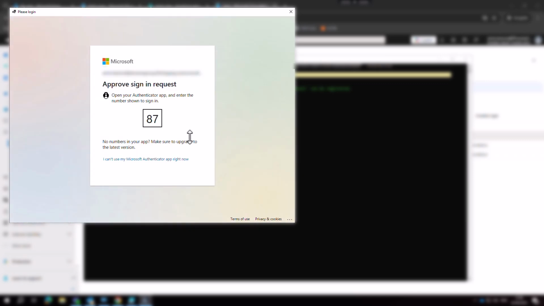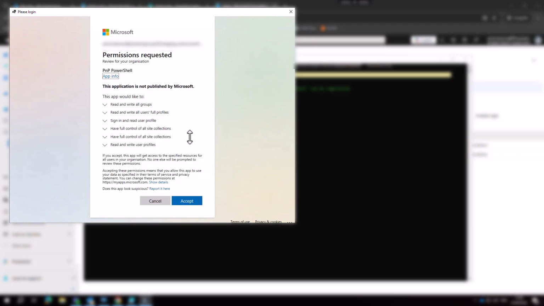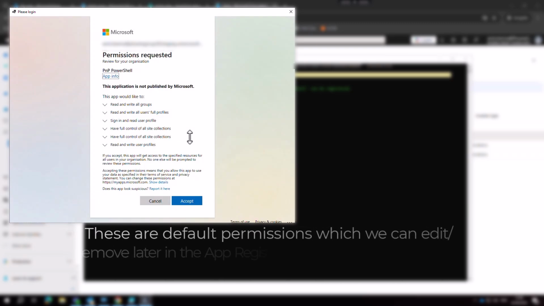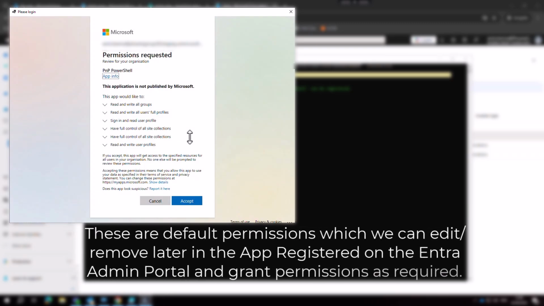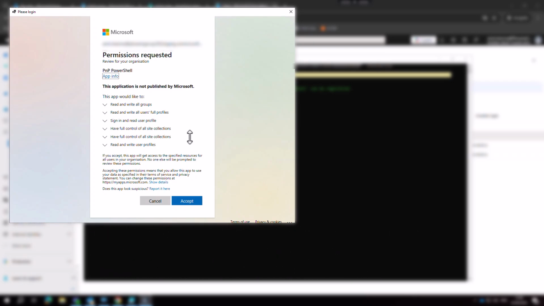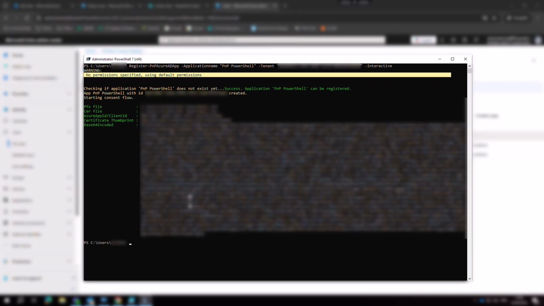And I will approve the authentication by typing in my number in the Authenticator app. So now it has requested the below permissions. You can go through the list of permissions and click on Accept. So now we have the Azure application ID created and you can see the details of the application, which is